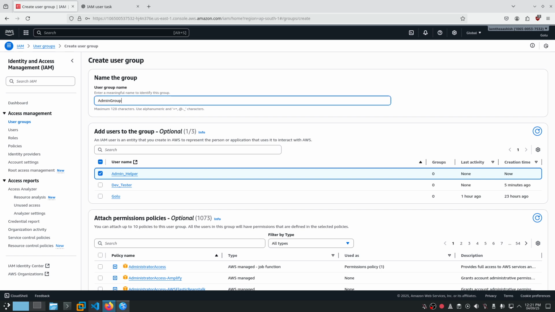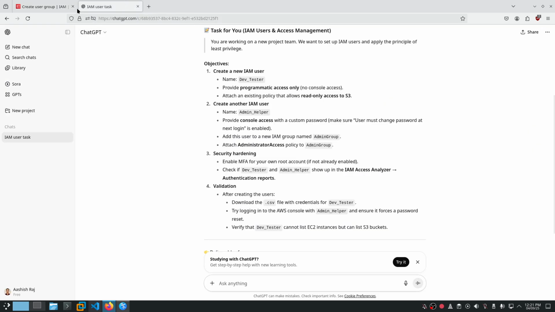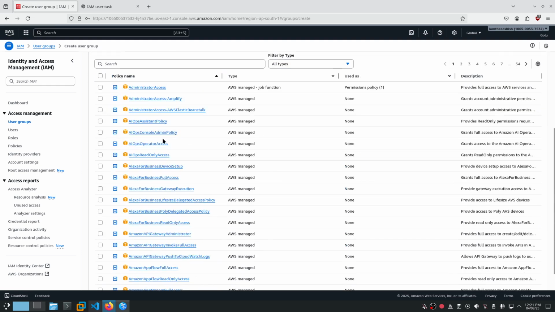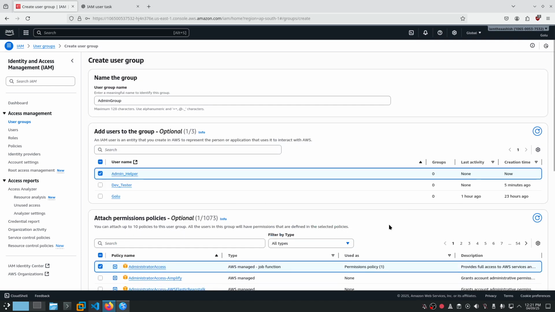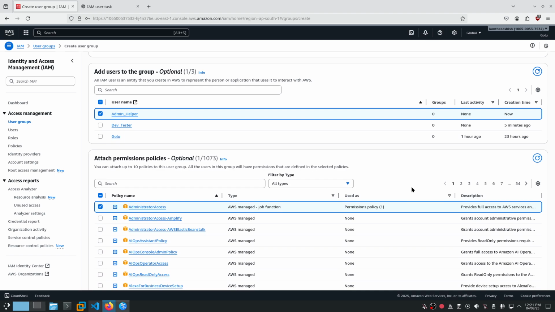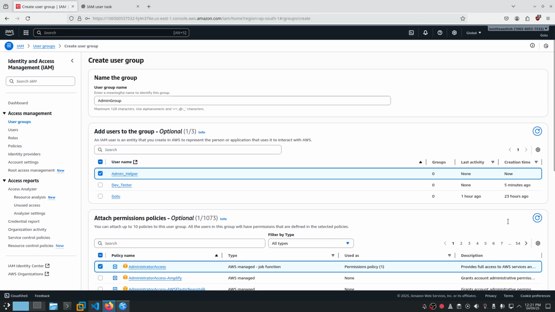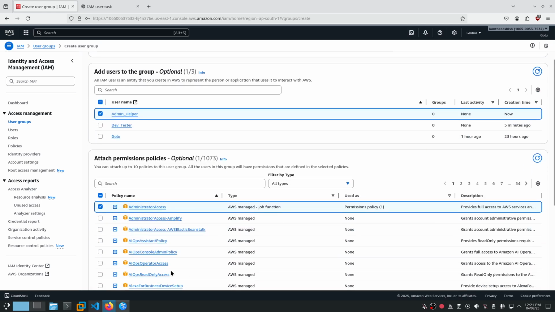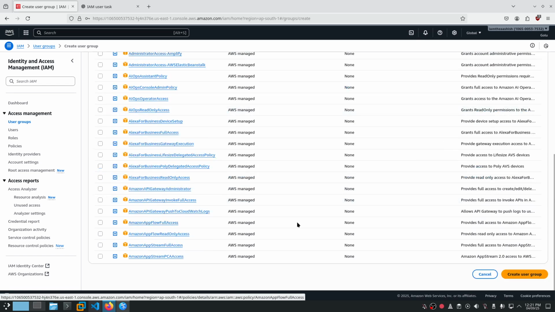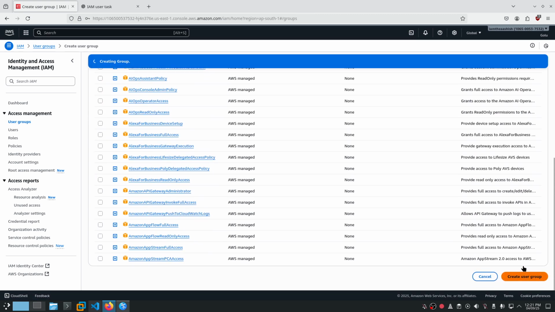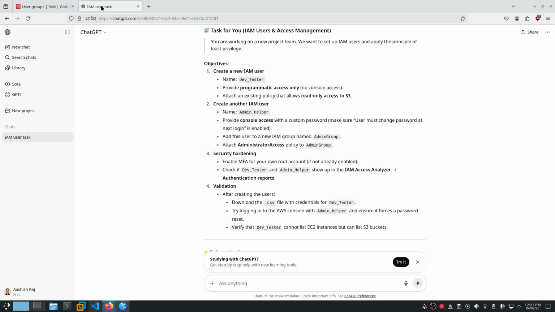Admin group, is that okay? We have to attach a policy of administrative access, which is also a job function in AWS, and it is AWS managed. We don't have to care about anything else. So this administrative access, people in this group can do anything on my console except for the billing part. They cannot see some parts of my billing things. Provide console access, attach administrative policy, done.